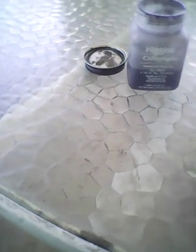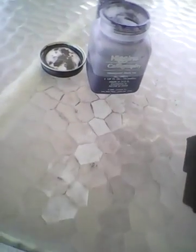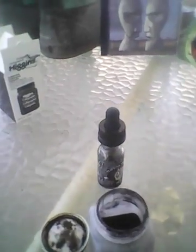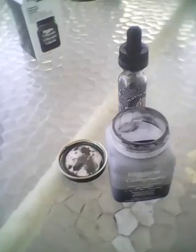And you're going to want to fill it up with, they say, 4 milliliters. They also say to use a syringe, but I'm using this eyedropper right here, like so. Notice I got 2 done already, and they're sitting on a paper towel. What you're going to want to do is let it set for a little while, and then